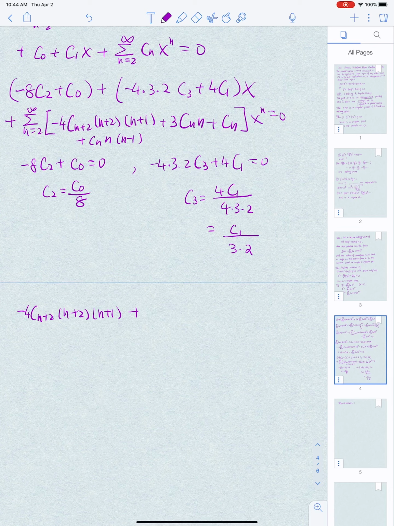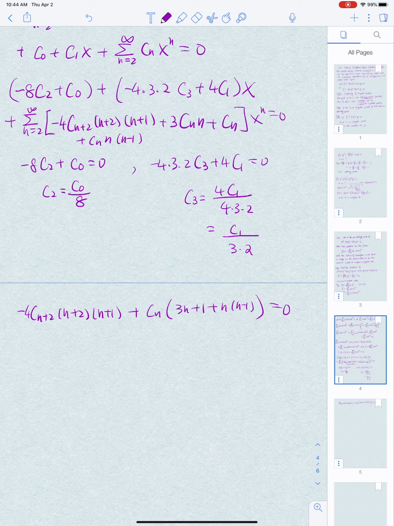So then you can see all these three terms have Cn as a factor. So I'm going to factor it out. Okay, now